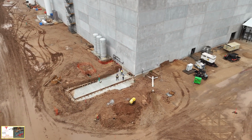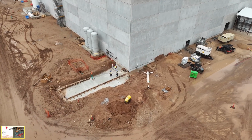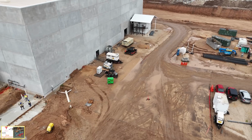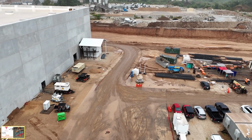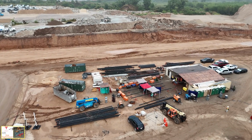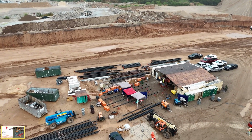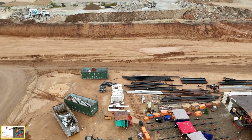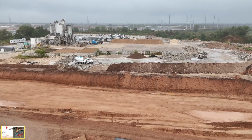And then here at the corner of the die shop, last time we saw it being excavated, now it looks like there's formwork and it may be another concrete pad of some sort being installed. This is a good view of another workshop. This is where they do modifications to these steel pipes. You can see some of that underway right now underneath the tents and some of the pipes waiting for further